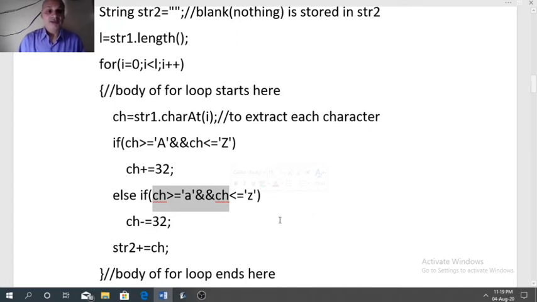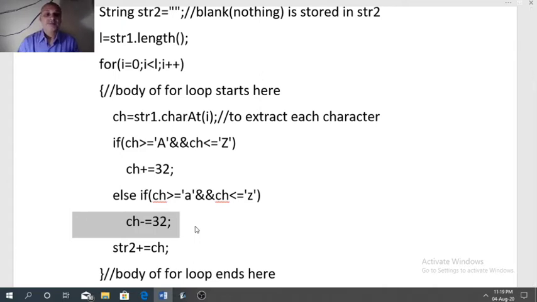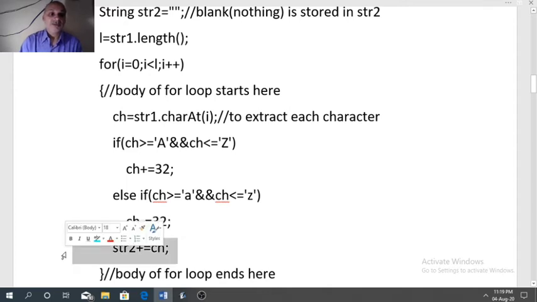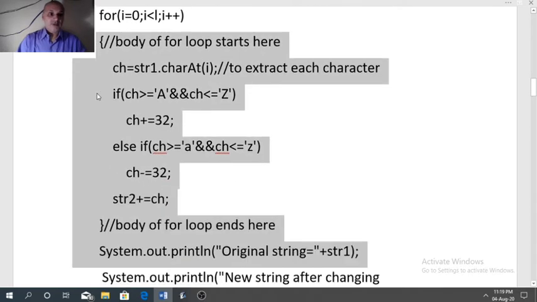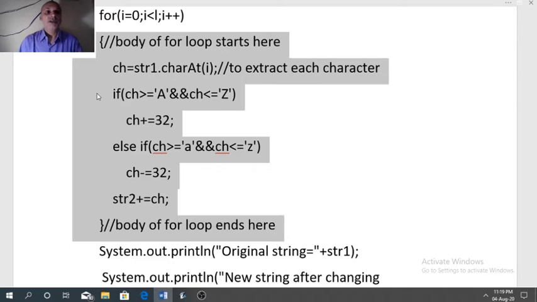If it happens, then ch will be modified to the corresponding uppercase letter, because here we will subtract 32 from the ASCII code. And after that, ch will get added into str2. So the same loop will continue till all characters are extracted. So that is our objective.